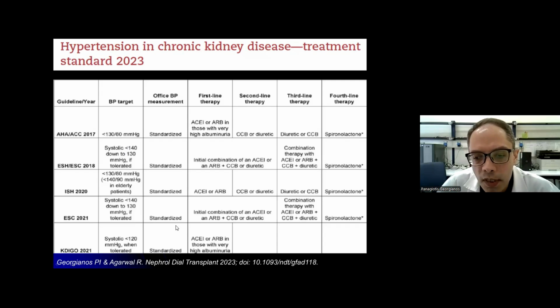All guidelines consistently recommend that the assessment of hypertension should be based on a standardized blood pressure measurement methodology in the office environment. For the treatment of hypertension, all these guidelines consistently recommend the use of an ACE inhibitor or an ARB as first-line antihypertensive therapy. And for those with resistant hypertension, the guidelines recommend the use of the steroidal mineralocorticoid receptor antagonist spironolactone as the preferred fourth-line antihypertensive therapy. In the following sections of my lecture, I will discuss some particular aspects that are of